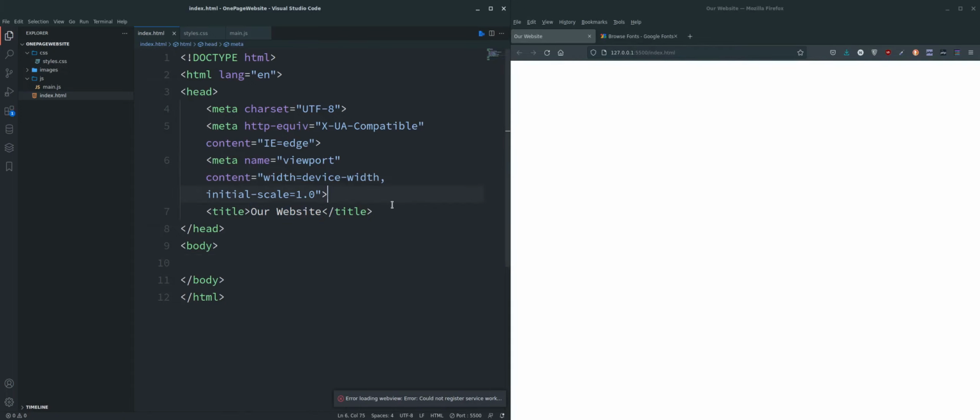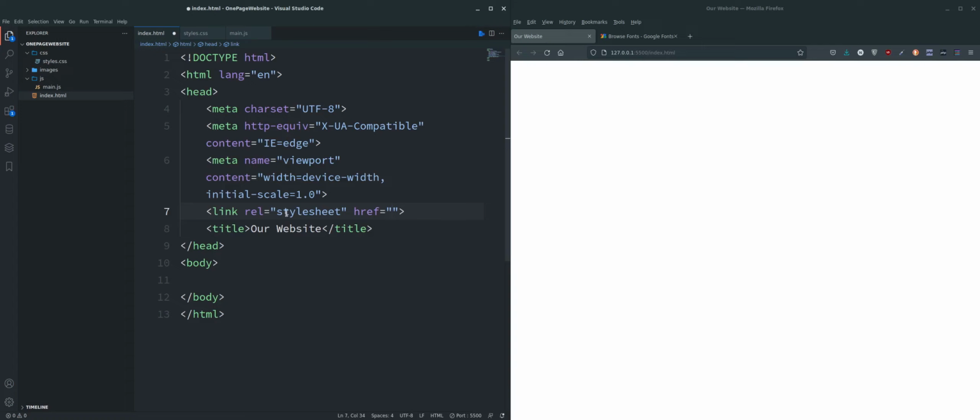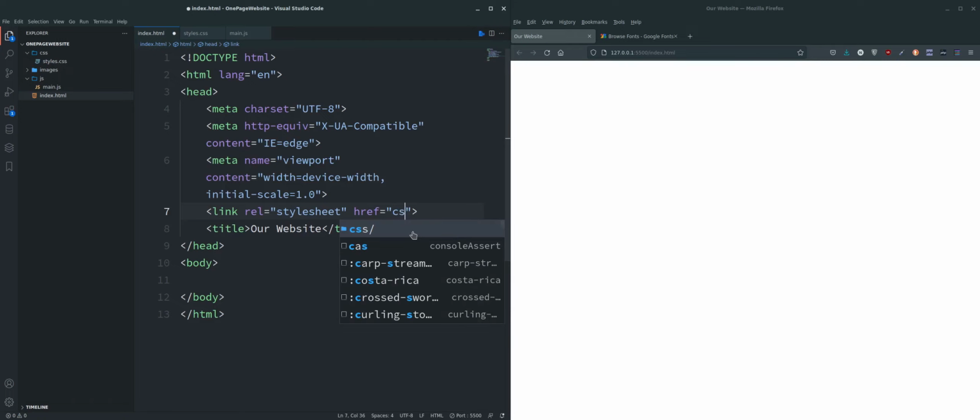Now we need to link our style sheet. So if we do link tab, it's saying this link refers to a style sheet. Where is it? Well, we know where it is. We've just created the folder CSS and the file styles. Notice that is a /